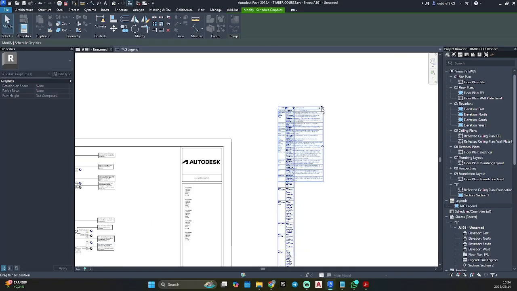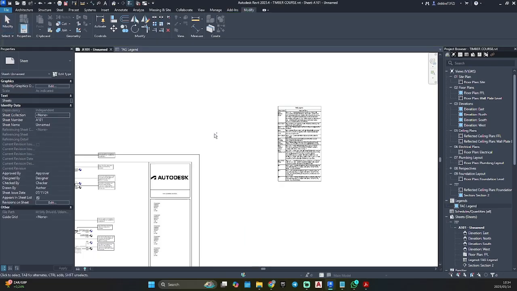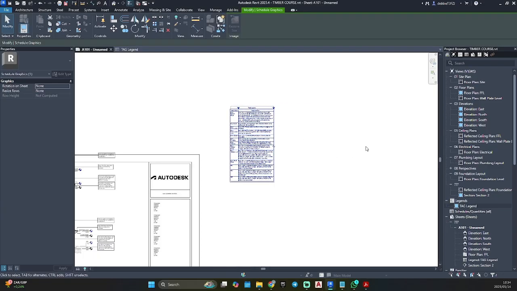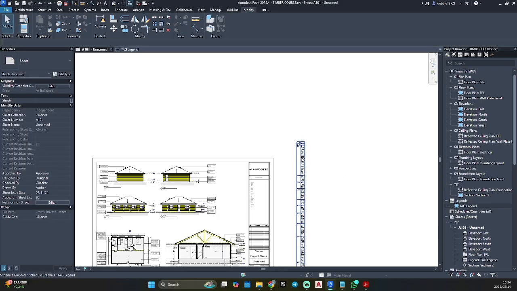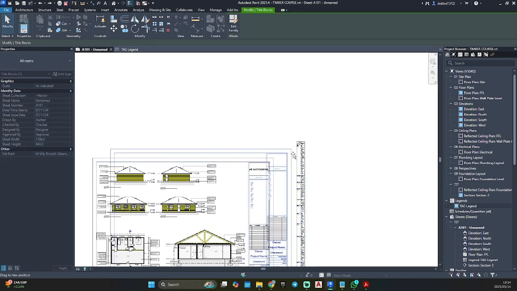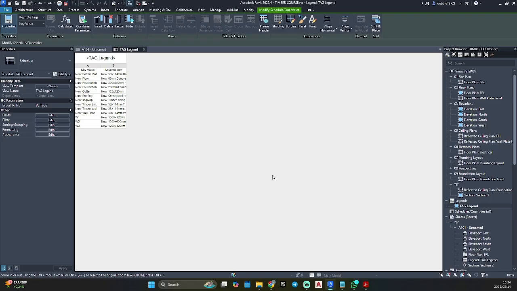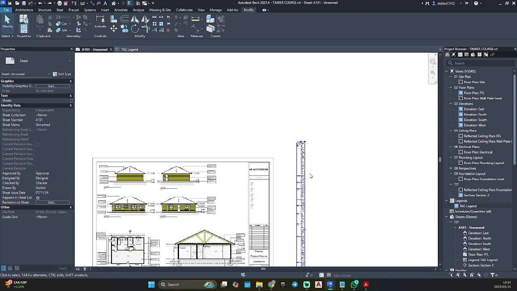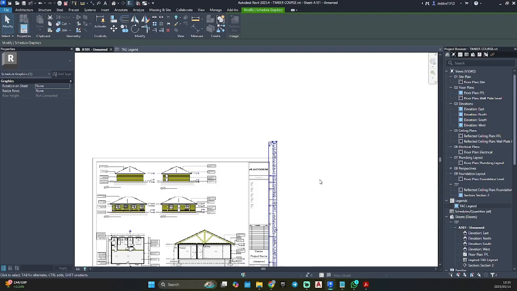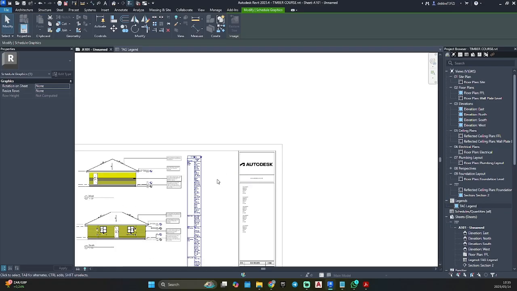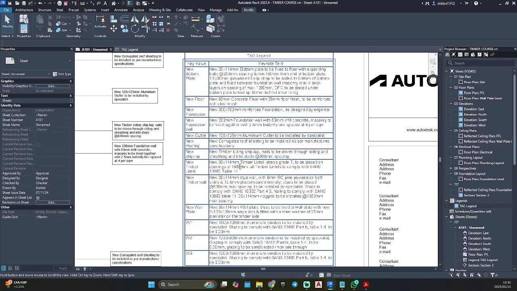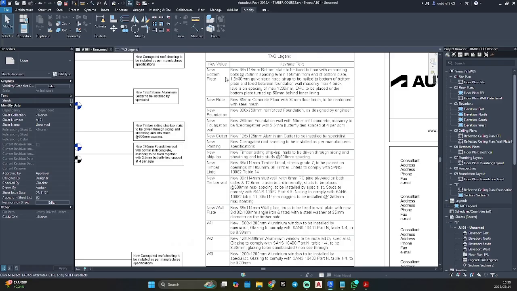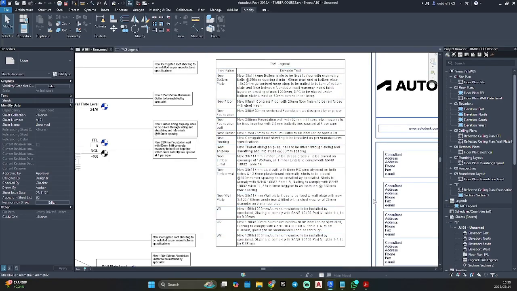Let's drag the top part. Oh, I have to do this with my arrow keys. And there we have our descriptions of everything.